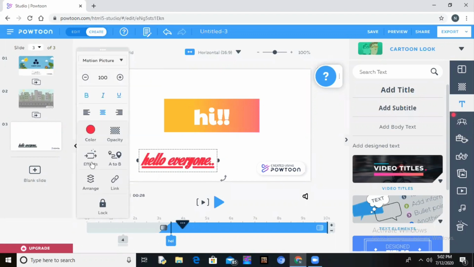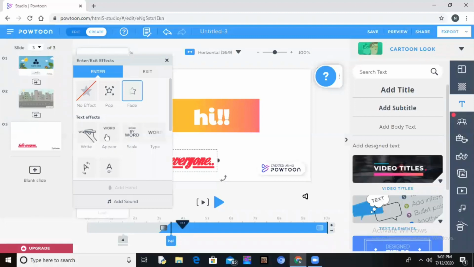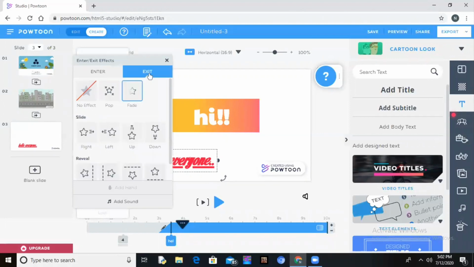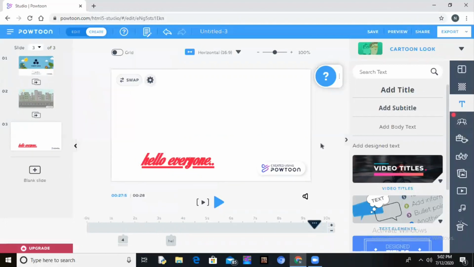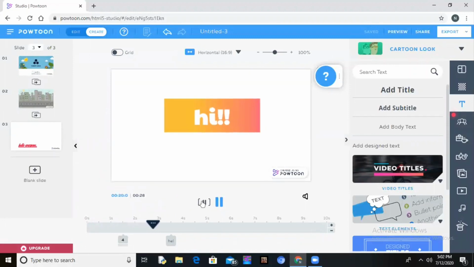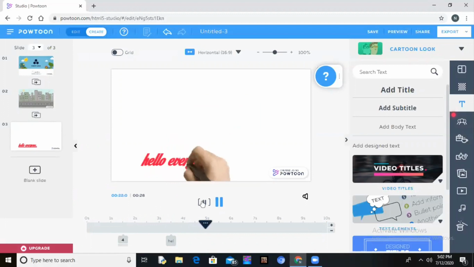Then opacity, then effects. This effects is how you want your text to appear. Suppose I go with this write effect. This is enter effect, that a hand will come to write this word. And then I have to choose the exit effect. Suppose I want it to go down. So I will choose down effect. Now when I play this slide, you will see that a hand will come to write it. And after some time, it will go down